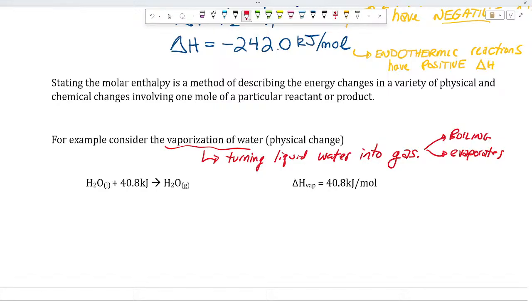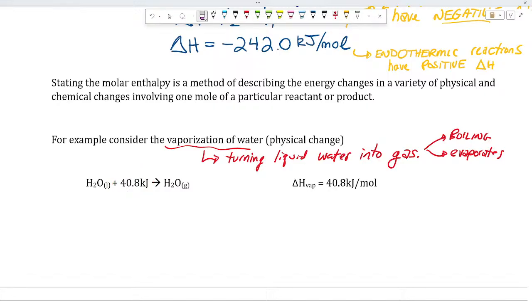It takes a long time to boil all the water off, because even once it's up to 100 degrees, it still doesn't just automatically boil. If you heat water to 100 and then turn the heat off, it's going to stop boiling, right? Because it's not enough to get water to 100. You have to get the water to 100 degrees, and then to turn it into steam, every mole of water requires 40.8 kilojoules of energy,